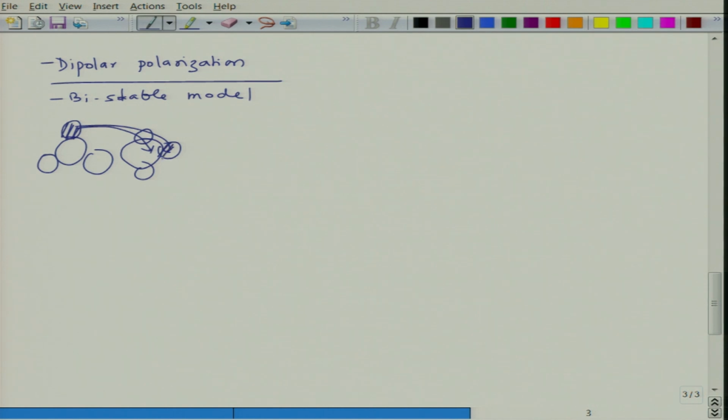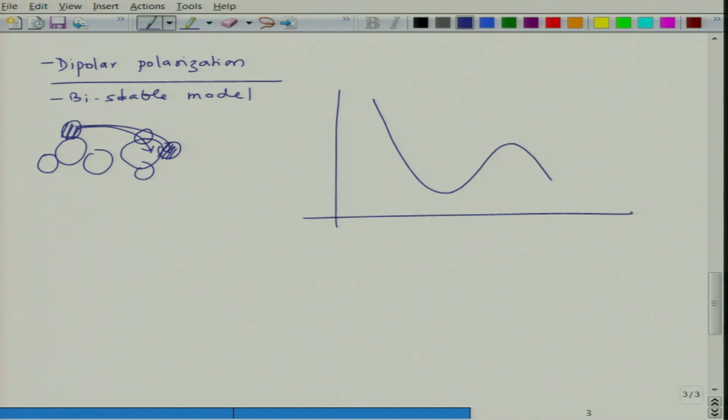So, this could be a different atom altogether. Basically, if you plot the energy landscape, the molecule is shifting from one stable position to another stable position. So, this is position 1, this is position 2, and it has to overcome an energy barrier EA or QA, let us say. So, this is energy and this is, let us say, distance or position. It goes from one position to another and this happens by hopping.